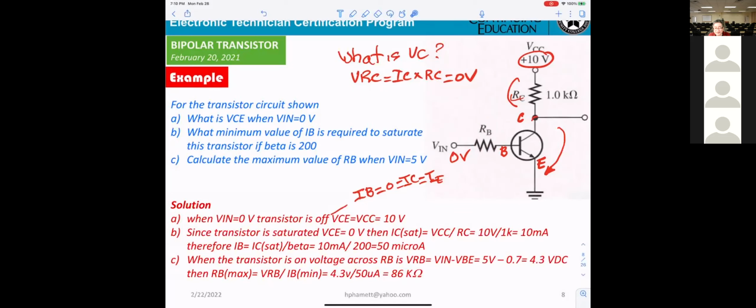If you don't want it saturated, then the current IB has to be less than 50 microamp. If you want IB less than 50 microamp, then you have to select RB minimum 86 kilo ohm, and the value has to be equal to 86 or higher.